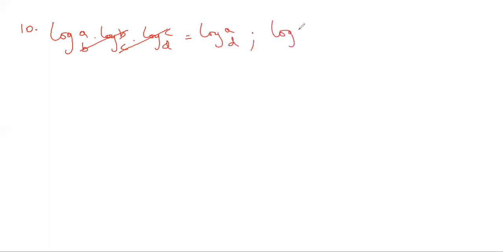And 10th one is the kind of, again, the combination of the 7th, 8th formulas. Log a base b, log b base c, log c base d. It is just one example. Can be written as, you can cancel these and write log a base d. Not only in this way also. Log a base b, log c base a, log b base c. You can cancel like this and write log d base b.